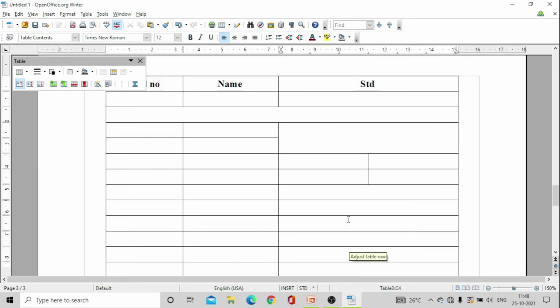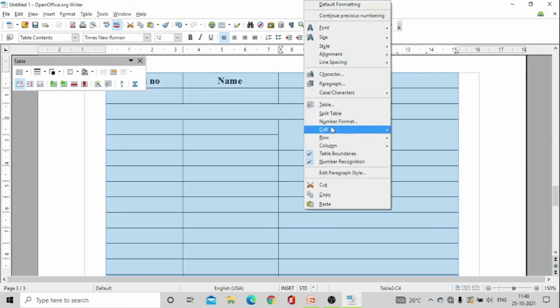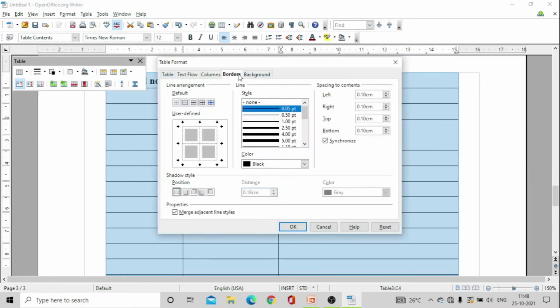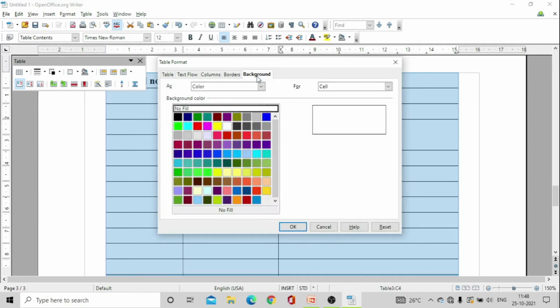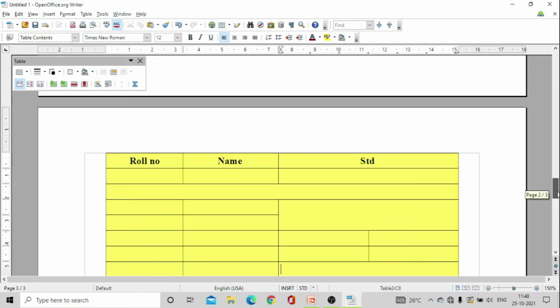Now, next thing was changing borders and backgrounds, right? So how can you change the border of particular things? Just select the table and right click anywhere and you can go in here, table, and the table format dialog box is here. So you can change borders according to your need and you can specify the background also. For now, as an example, let's do this particular background. So yeah, I'm applying this background for now. Now, all of the table formatting we have done.